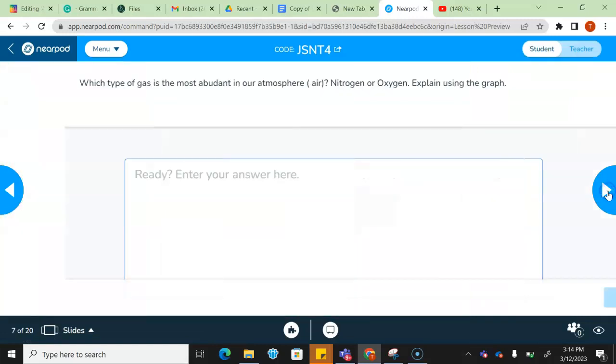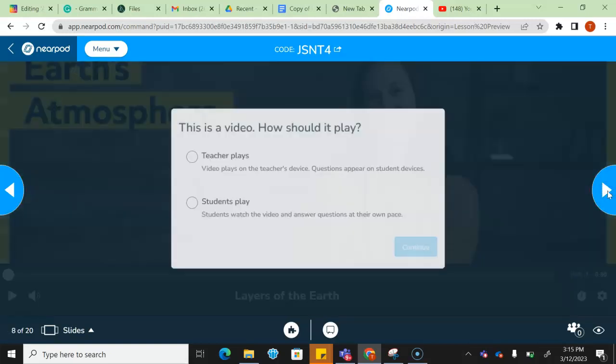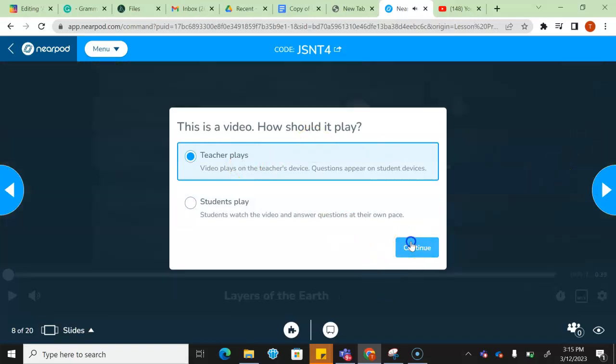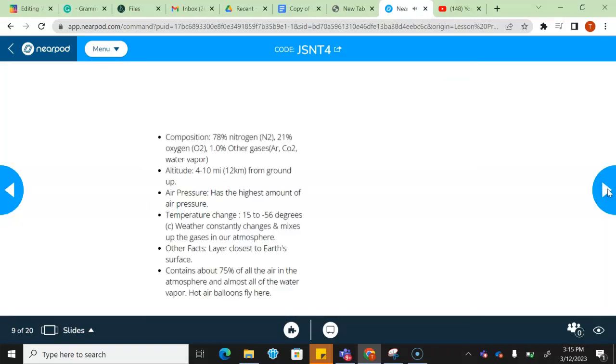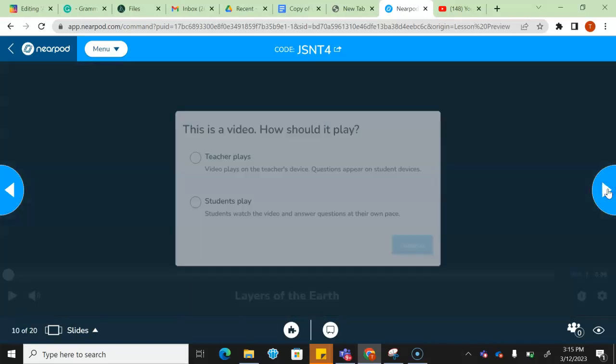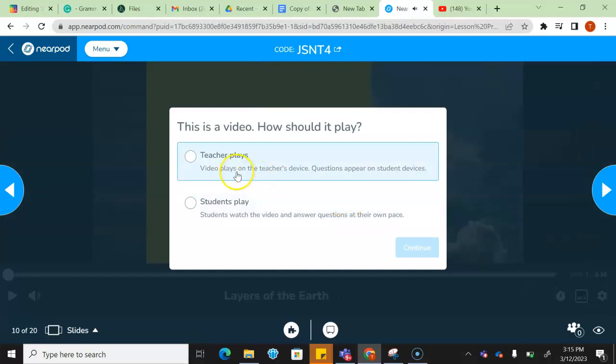And then I will present the lesson and allow the kids to interact with the Nearpod to check for understanding. And I'll provide them information, allow students to answer more questions. So this Nearpod is the opportunity